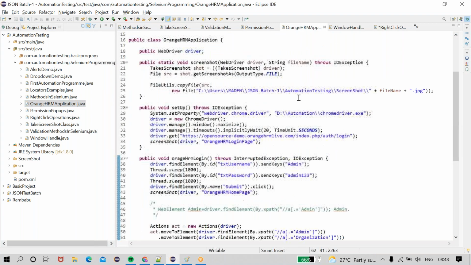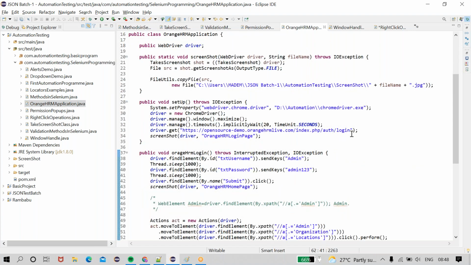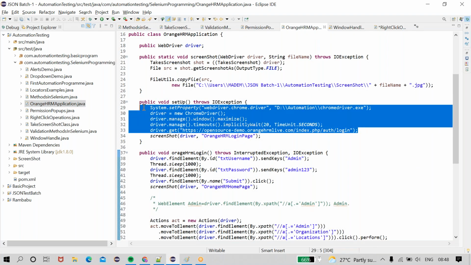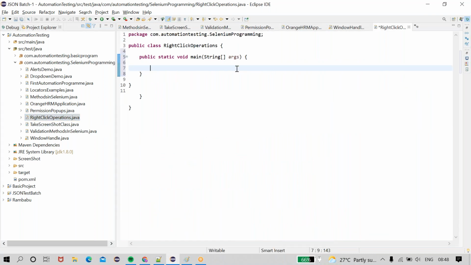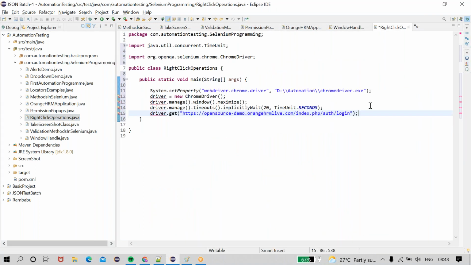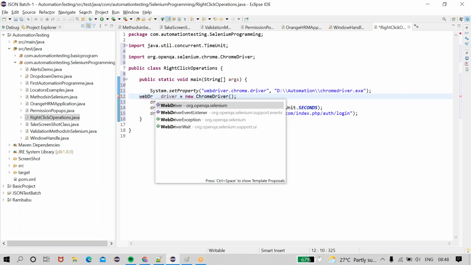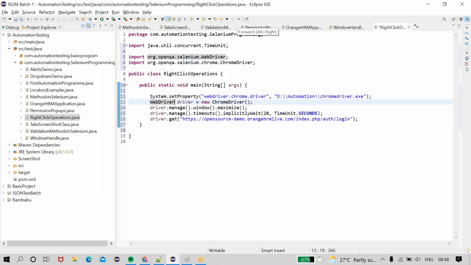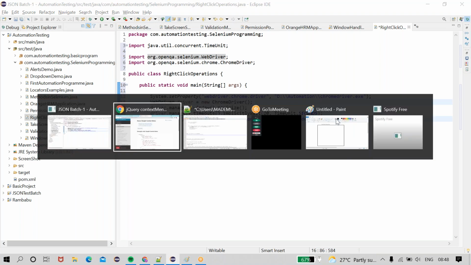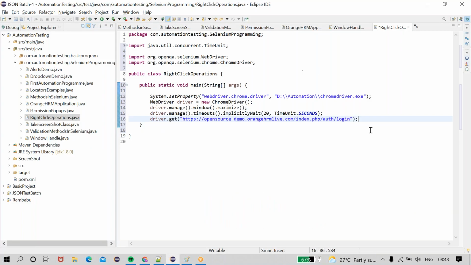We need some existing common code, the System.setProperty and everything. Okay, then I need to navigate to this specific URL.